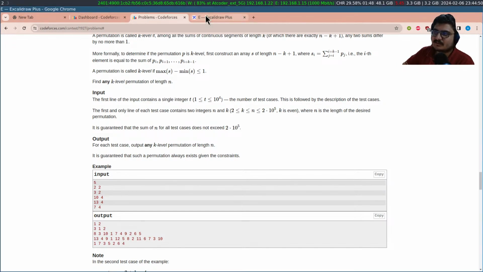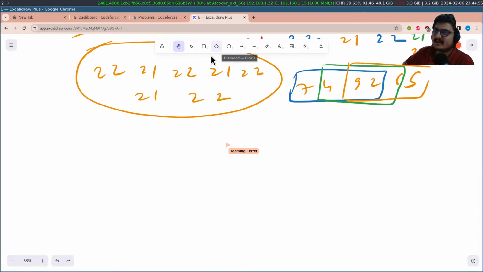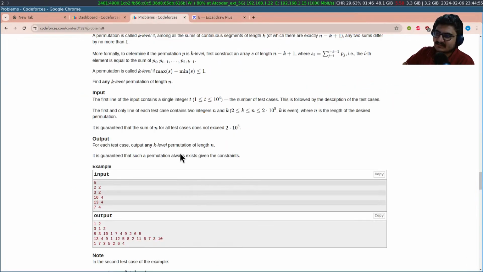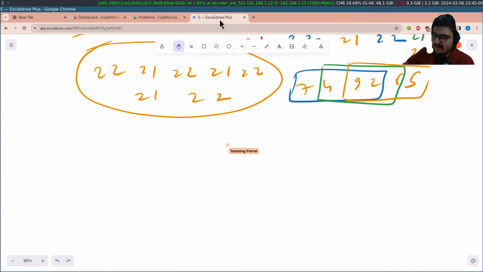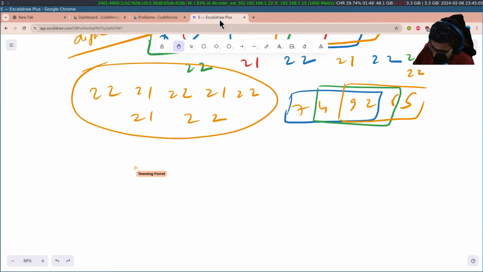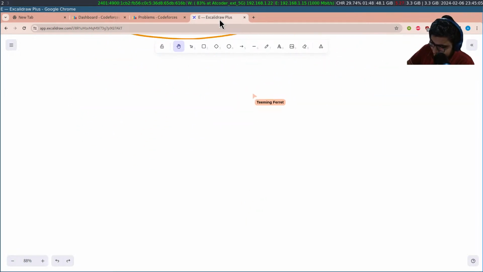So now moving to the solution for this problem. One way is that we have to print any possible answer we can find over here. So what I tried to do here was, if we look at the given array,